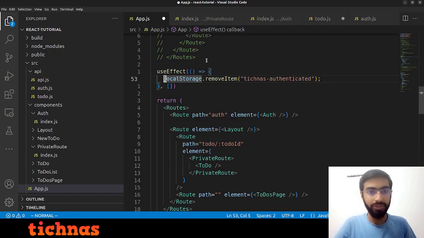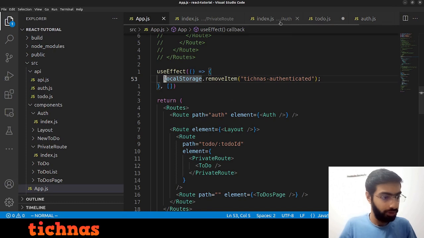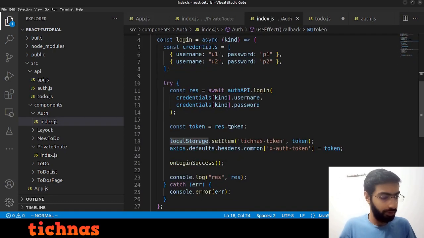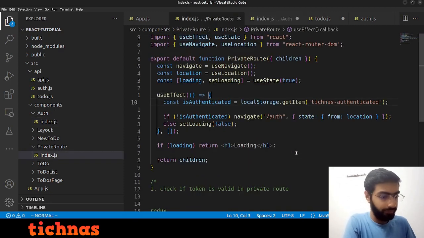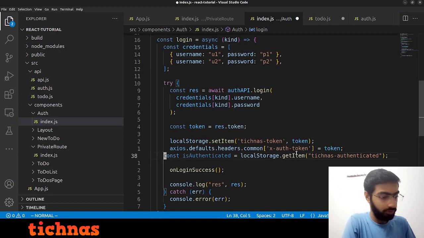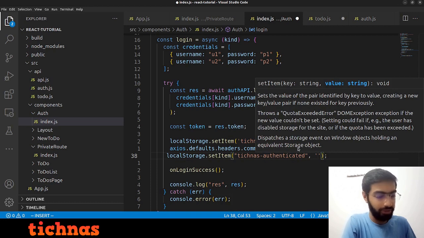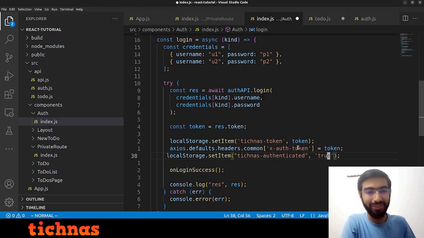So basically the state should be set every time we log in. So in the auth, so we log in here, so we set the state. So what was the state name? So local storage dot set item, this is this, and actually this can be only a string, so irrespective of what you give, it will be true. But let's just give it true as a string. It won't really matter as long as it's not an empty string, because every string which is not empty is actually true only. So we set this,